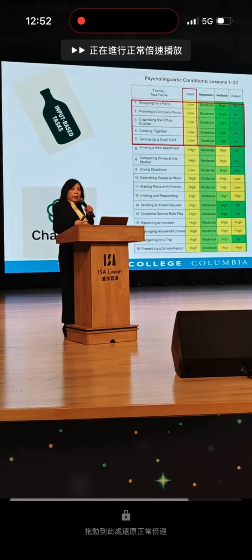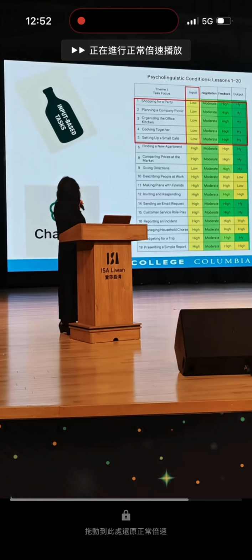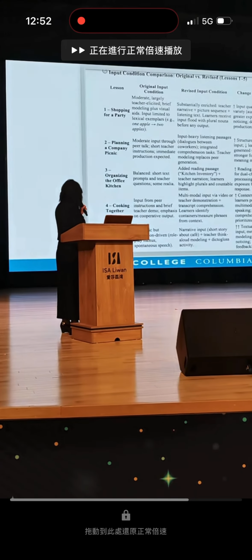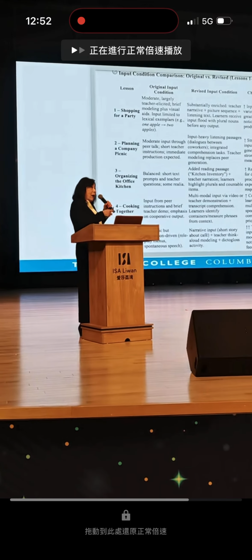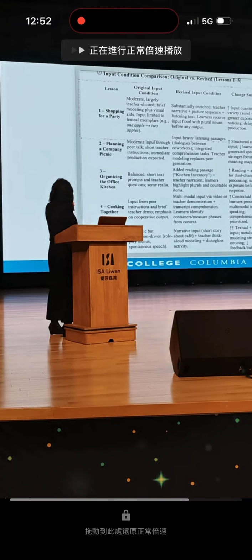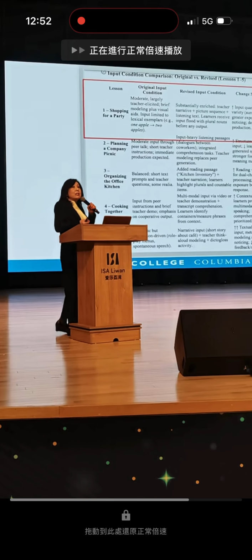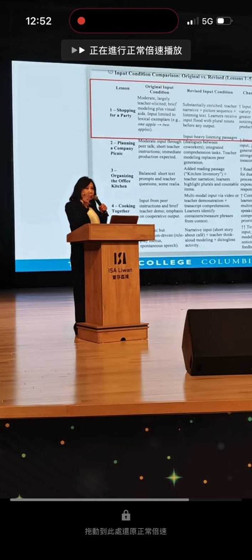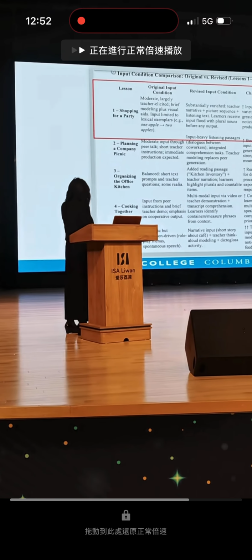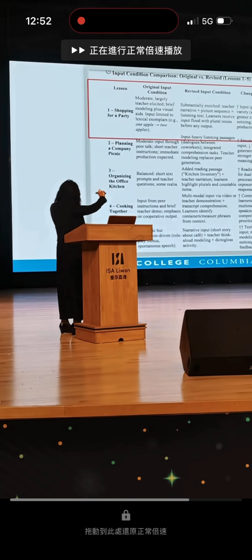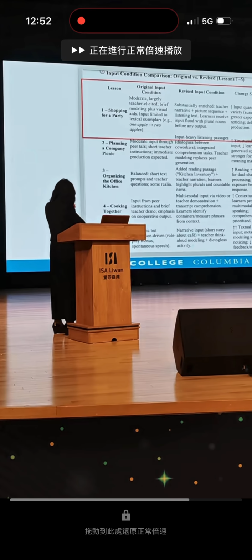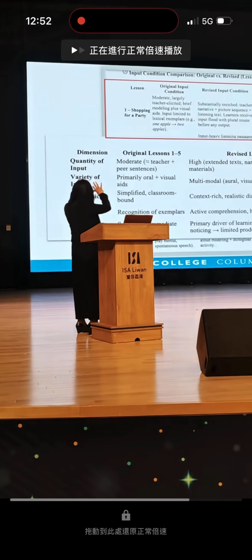We need to generate more input-based tasks. So, again, we go back to ChatGPT and ask ChatGPT to revise its earlier output by introducing more input-based tasks. Okay, so you see